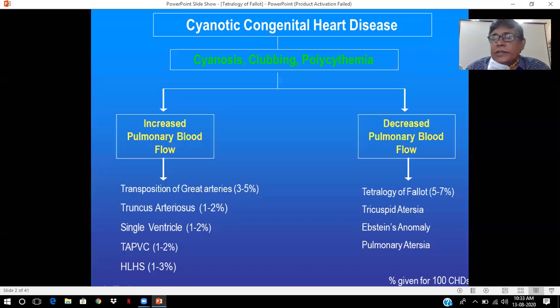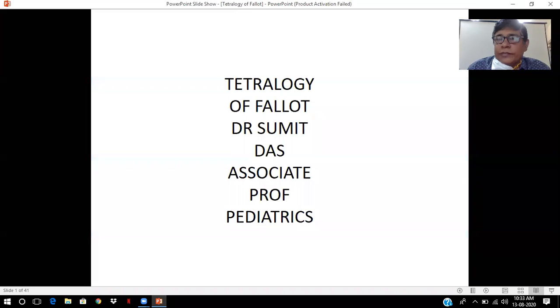If it is a heart disease, you find out whether it is severe or not, whether it is affecting the child's life or not. Then you have to find out whether it is congenital or acquired heart disease. Acquired can be rheumatic heart disease, disease of the myocardium like myocarditis, cardiomyopathy, pericarditis, and so on. Or it is a congenital heart disease.